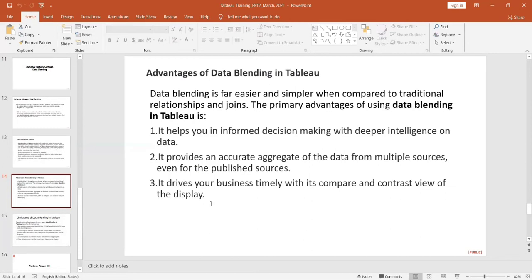Its advantages are that it helps you get more granular information, and you can play around with multiple sources of data. If you have the same kind of fields, even some different fields can be added, but there should be one common field present in each data source. So you can drill through that, and you can compare also. Now, if we talk about the data blending, what you